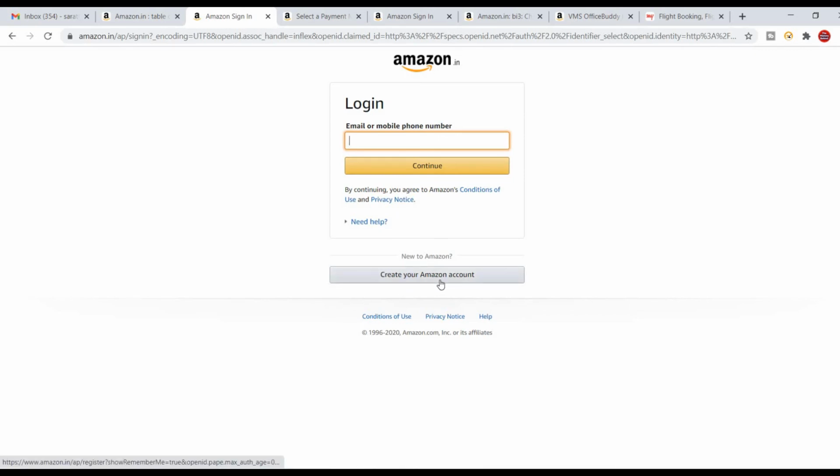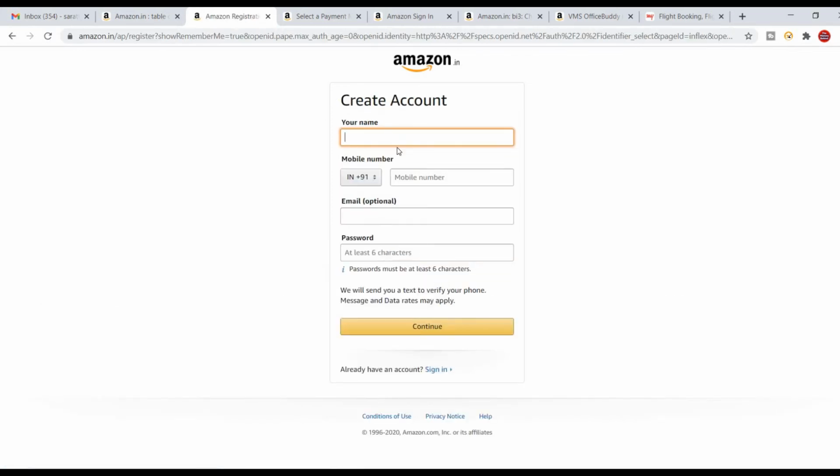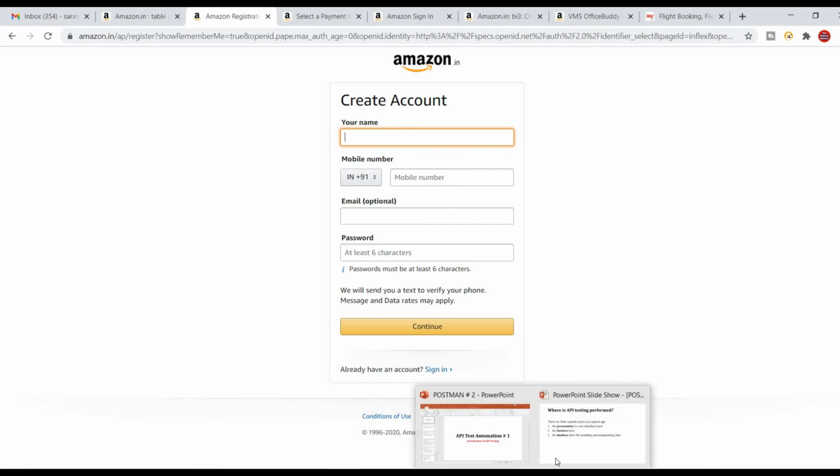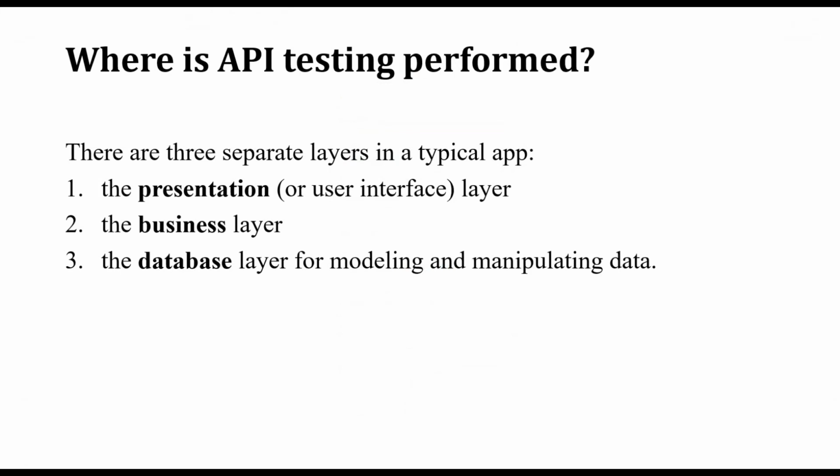And if you are creating a new Amazon account, you need to enter name and mobile number. So this is your name and mobile number, which the customer can easily understand when creating an account. In India, every mobile number has 10 digits. If I enter 12 or 14, it shows some error. If it is accepted, what happened? This is an application issue, so we need to raise the defect. So the business layer is very important. If anything is wrong or incorrect, then totally it will collapse.